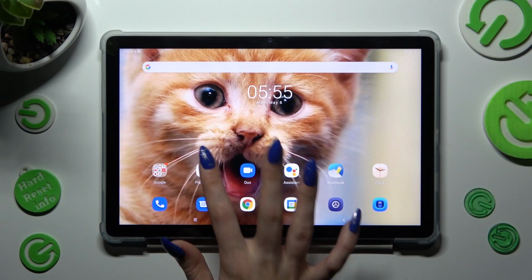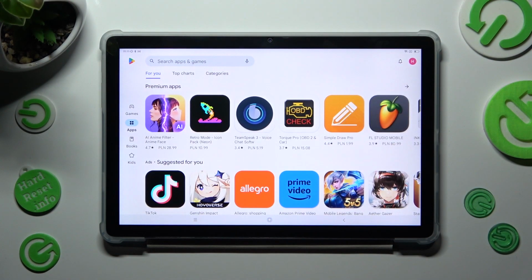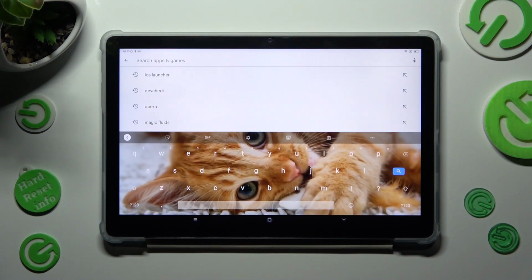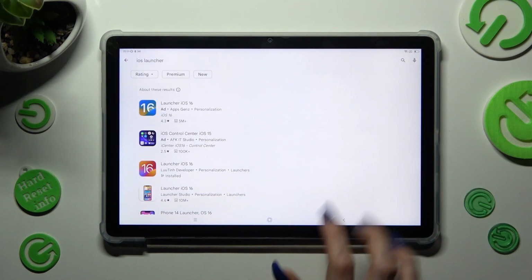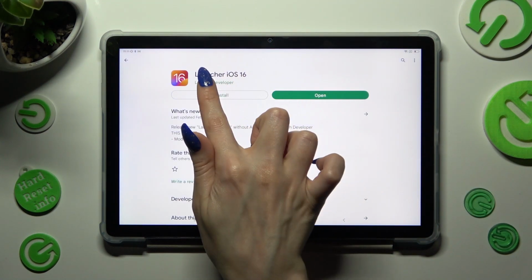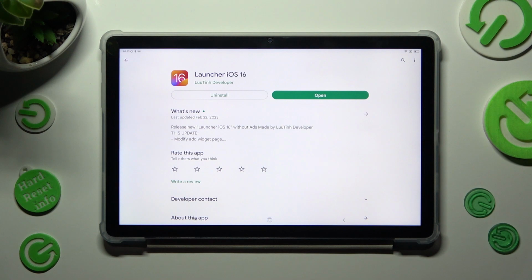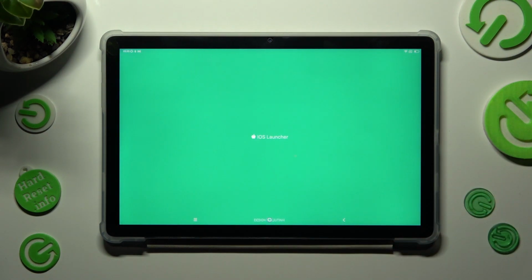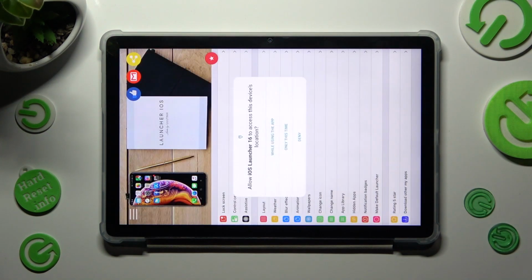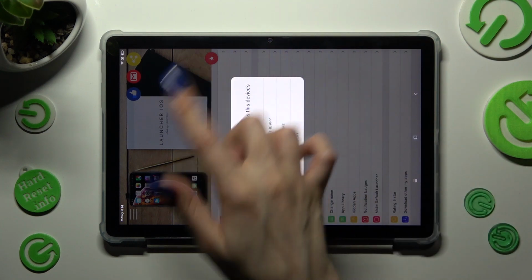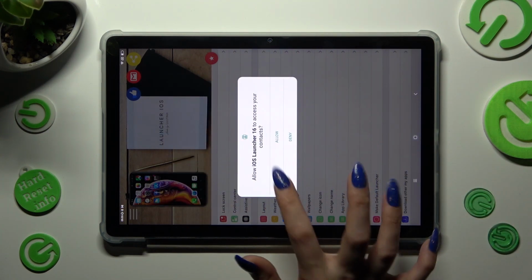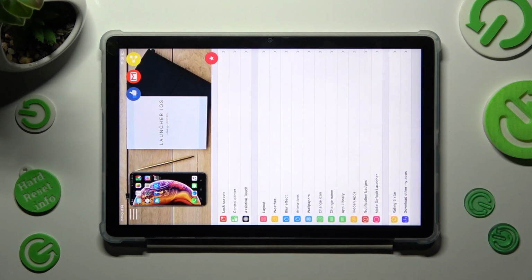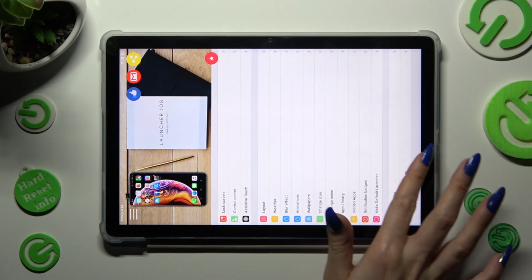First of all, go into Play Store and click on the search bar. Now type in iOS Launcher and get this free app from this developer. When your app is ready, open it. Then, in order to use it, select while using and allow in all pop-ups. Then close your app